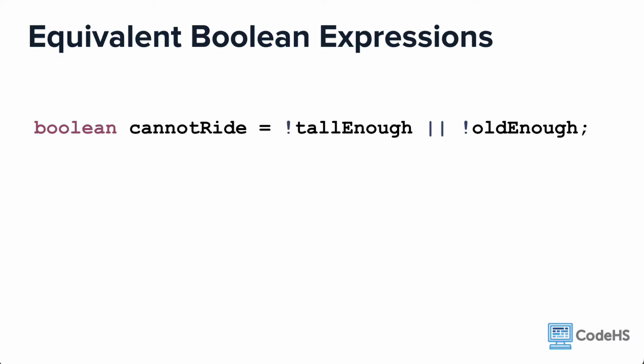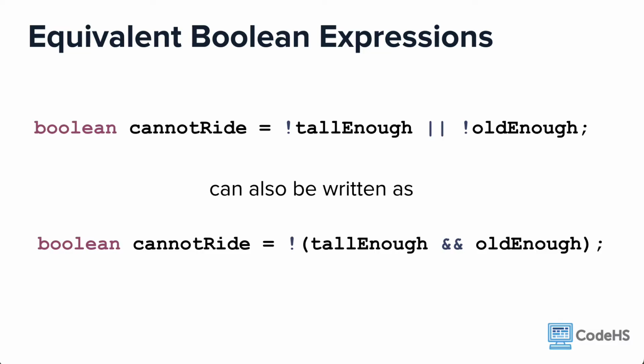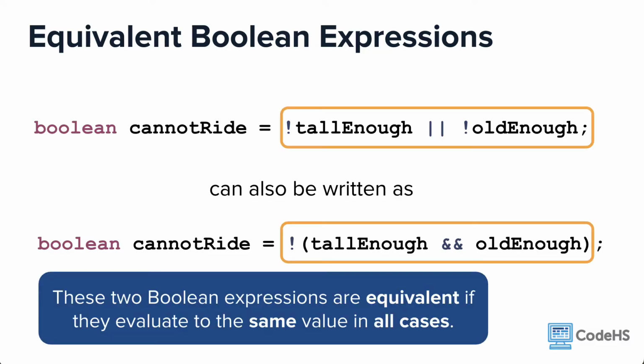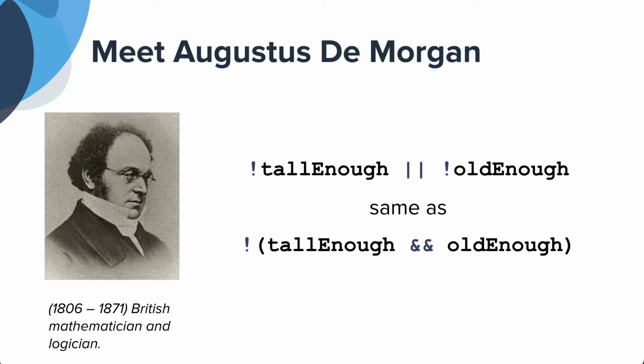Interestingly, the expression not tallEnough or not oldEnough from the previous example can also be written as not (tallEnough and oldEnough). And you can say that these two Boolean expressions are equivalent if they evaluate to the same value in all cases, which these do. This particular equivalency was first discovered by Augustus De Morgan, who was a British mathematician and